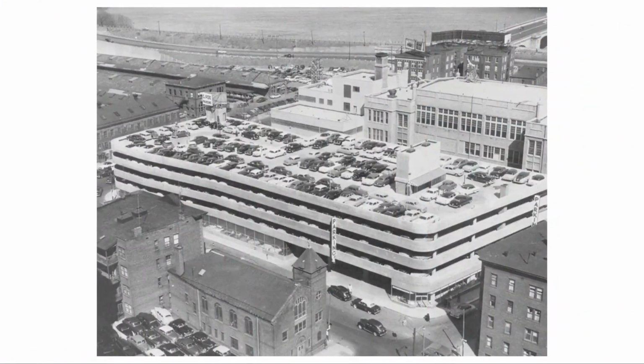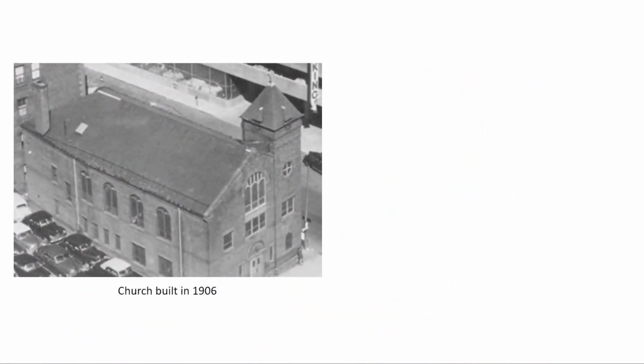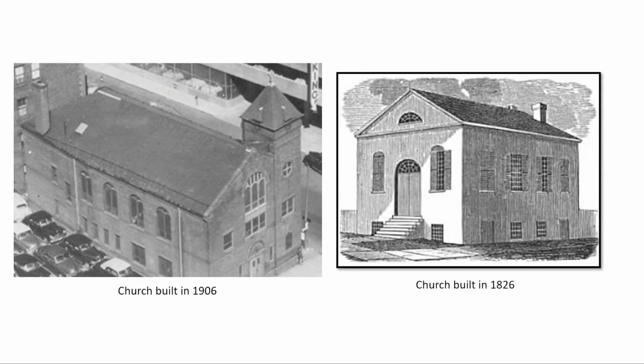Returning to the earlier view, there was a church on the northwest corner of Market and Talcott Streets. This was the Talcott Street Congregational Church, which was home to Hartford's oldest African-American congregation. The church building in this photo was erected in 1906, but the original church on the site was built 80 years earlier, in 1826. The congregation's origins went back to 1819, when a group of African Americans who were tired